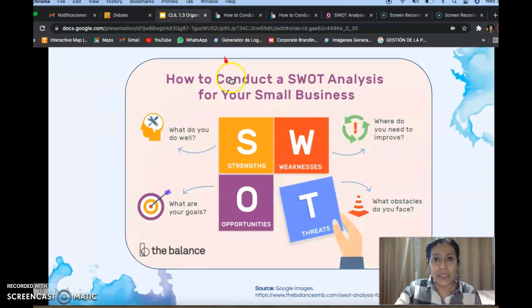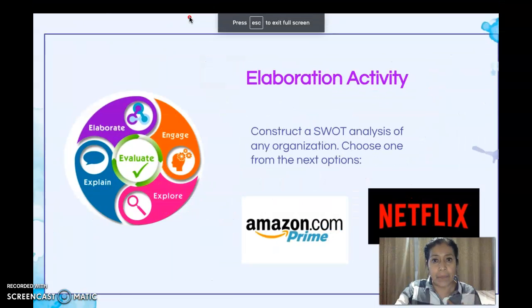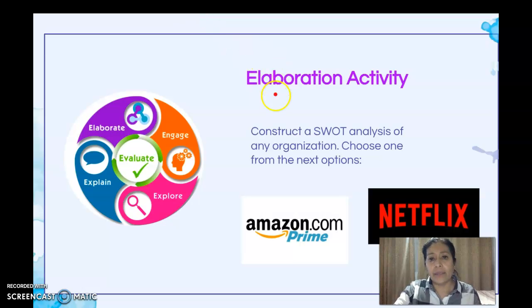Well, let's go back to the slides, and in the slides we can check the next points, okay? The next point is going to be the elaboration activity, okay? What do you have to do, guys? I'm going to ask you to construct a SWOT analysis of an organization, okay? You can choose from the two that I am presenting here, one is Netflix and the other one is Amazon Prime. So here it's going to be interesting because you can even compare one and the other,